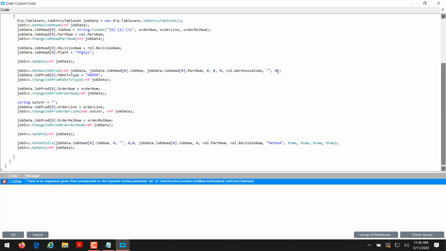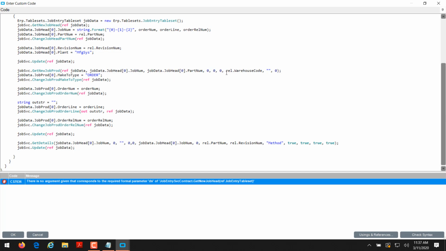So after the update, now I have a job record with the order num-line-release. I then want to add a demand to my job. So after update, we have a new job record. Then we're going to do the get new job prod method. Again, this shows in your trace file that I keep referring back to. And then the parameters in the trace file, or again through the check syntax way, what's required is you have to reference a table set variable. So the job data, again, we're referencing that, comma, and then it required the job num,